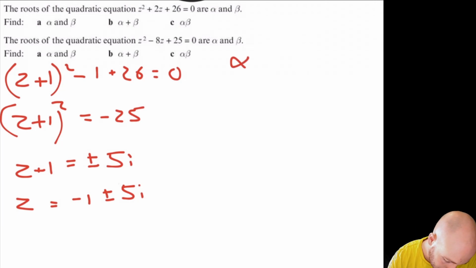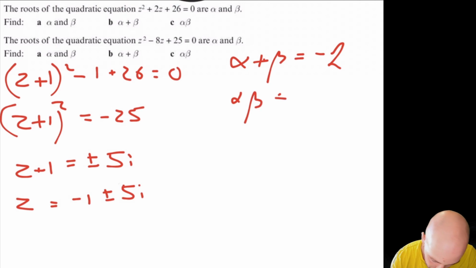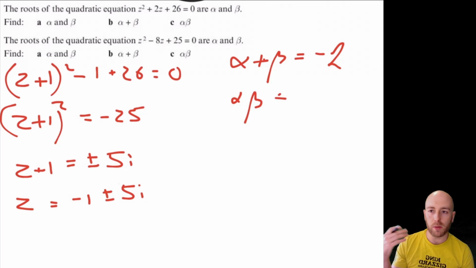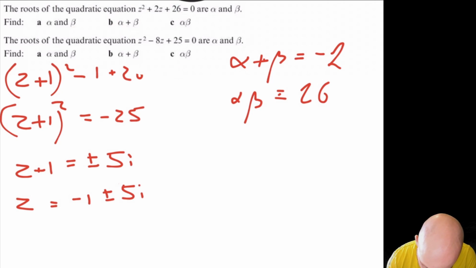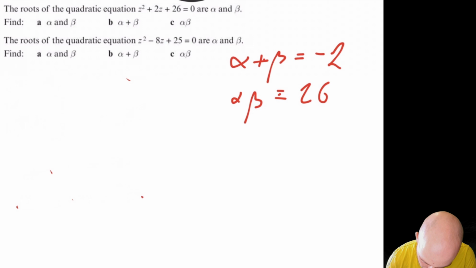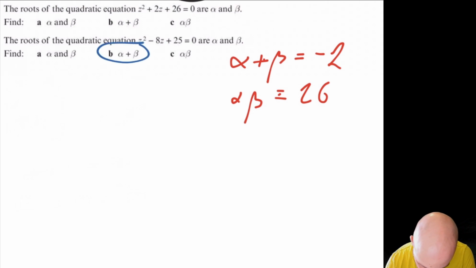Okay, alpha plus beta is going to be, well, the imaginary bit will cancel out, so we're going to get minus 2 for that. And then alpha beta is going to give us a squared plus b squared, 5 squared, 25, plus 1 squared, 26. There we go. We should try this one the other way then. So we can say, for question 2, alpha plus beta, I can just look straight to